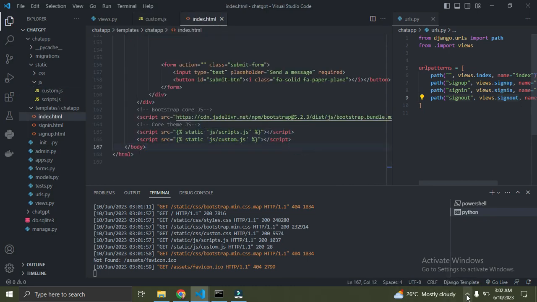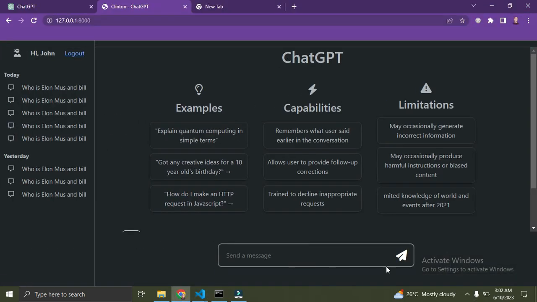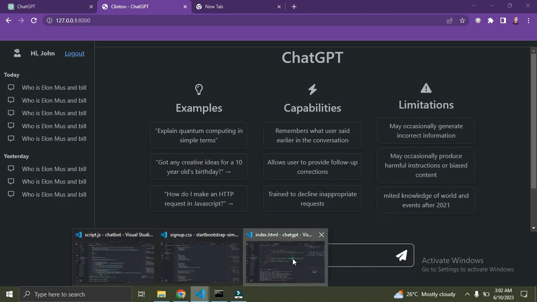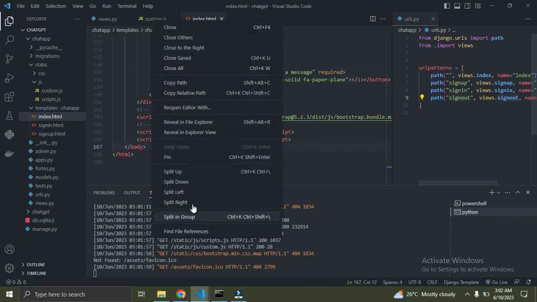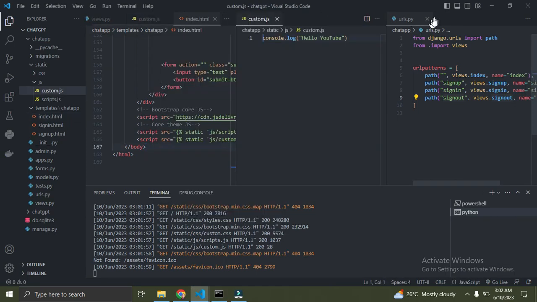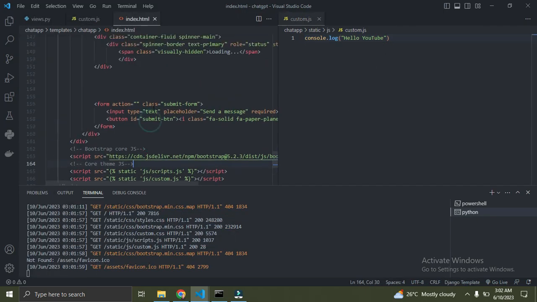So let's go on. What I want to do now is get this form field. So how do I go about that? I'm going to open this on the split right. I'll close this for now. Okay, so now I want to get the form field, this field over here. I'm going to say let form equal to